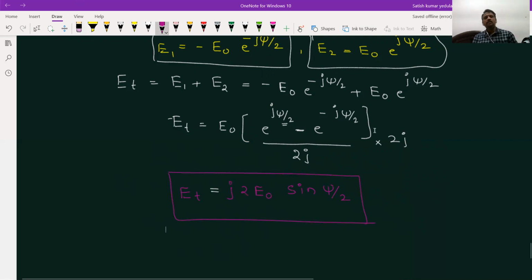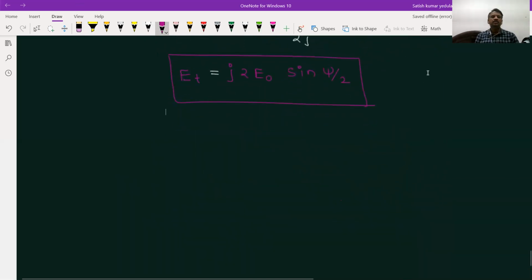But for getting the radiation pattern for this entire array of 2-point sources, we don't just need total electric field intensity, we need the normalized component. E normalized will be equal to Et by Et max. Et max will be obtained when the maximum value of sine is +1. Then the maximum value, Et max, is equal to J2 E naught. So Et will be J2 E naught sine psi by 2